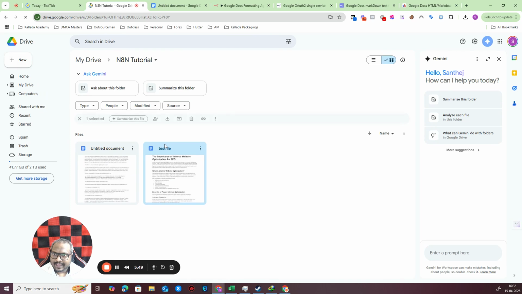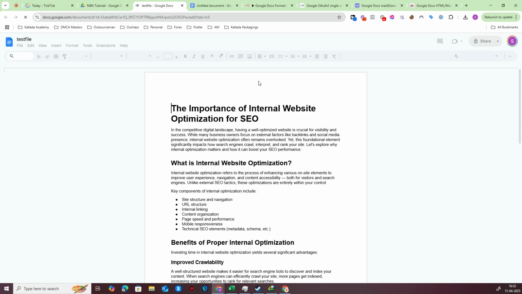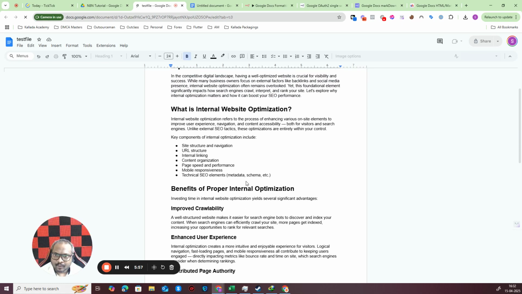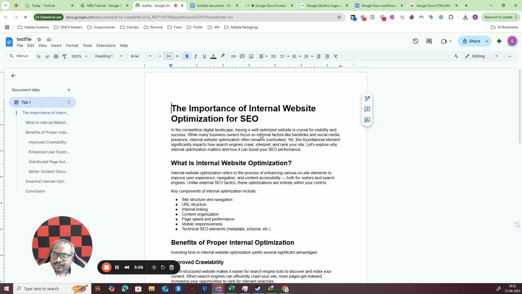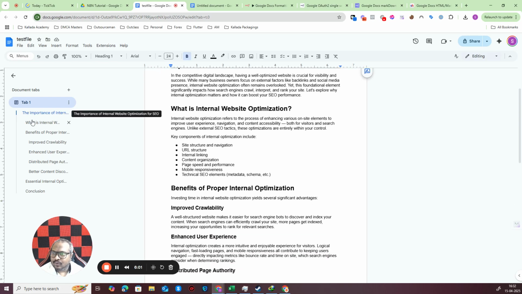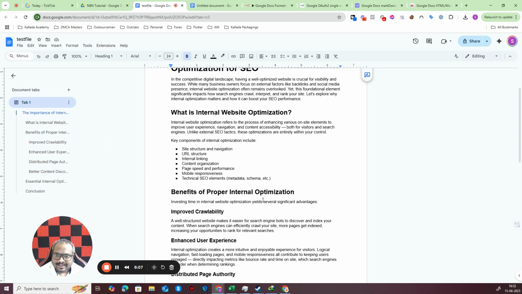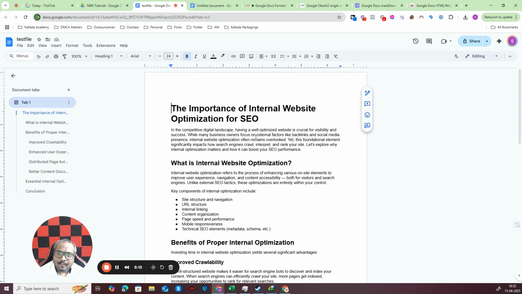Now let's quickly open the test file. See here, in the test file, all the notes, every bullet point, headings, everything is formatted properly. In fact, you have this drop down here as well, where it is sorted based on the headings and subheadings. So this is basically how you format an output from an AI agent to something that is suitable for